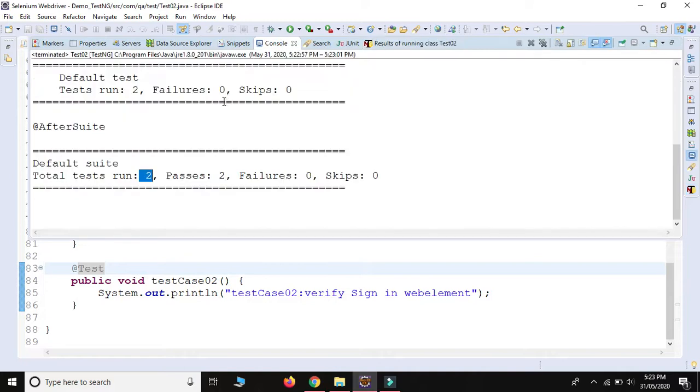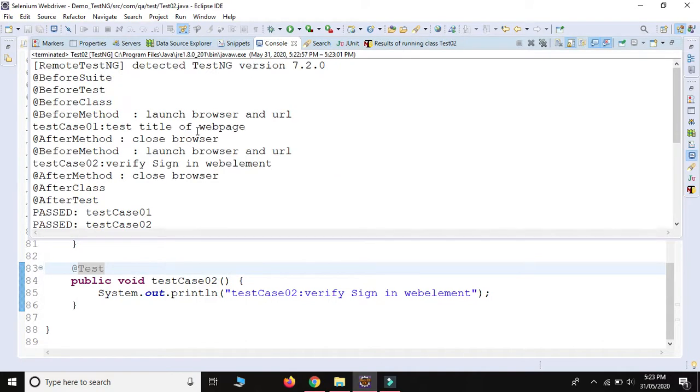Now let me open the console. See it carefully, guys. So @BeforeTest executes for only one time. Same for the test also, @BeforeTest and @BeforeClass also.